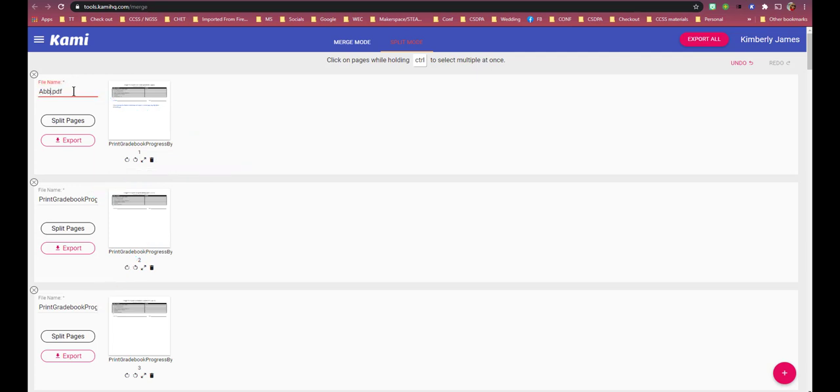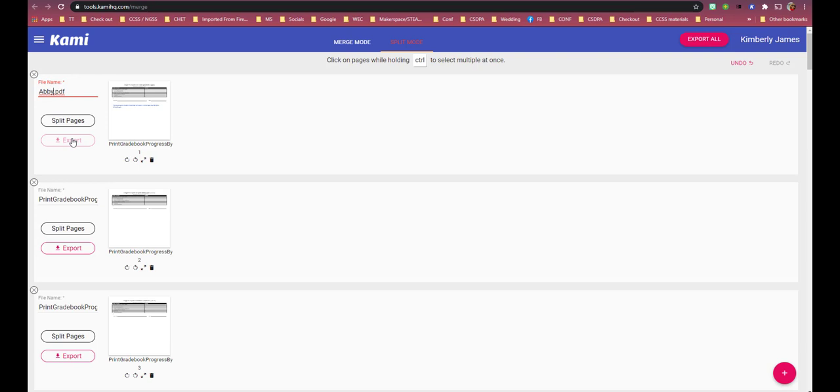So we're going to call this one Abby. And that is not the child's name, by the way. And I can go through and do that for each page. I'm going to tell you right now that with this little pop-out preview thing, that does make it pretty easy to name the pages. Now, I could just pop out again and